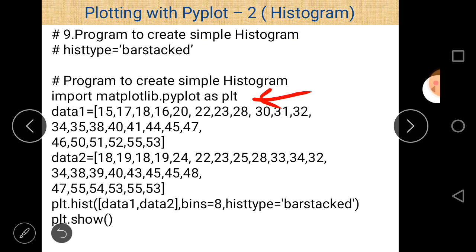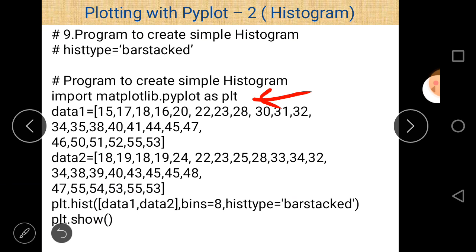The alternative name for matplotlib.pyplot is plt. And there are two datasets, data 1 and data 2, with a range from 15 to 55.